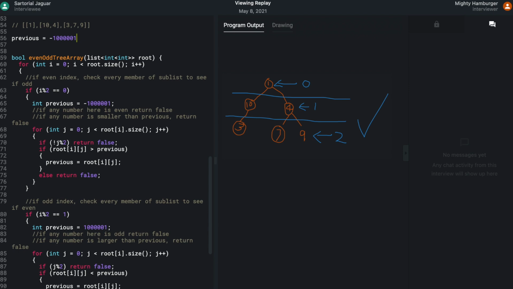J is, if j modulo 2 is 0, j is 0. Wait a second. That's not right.